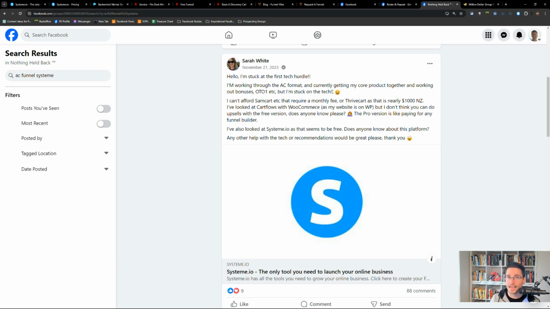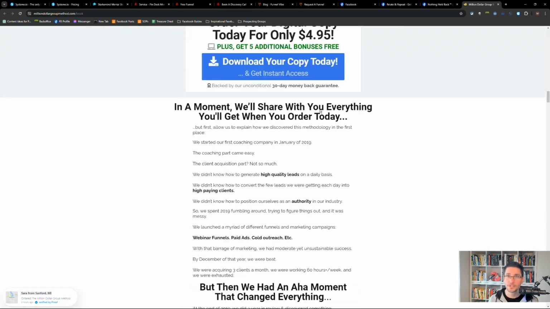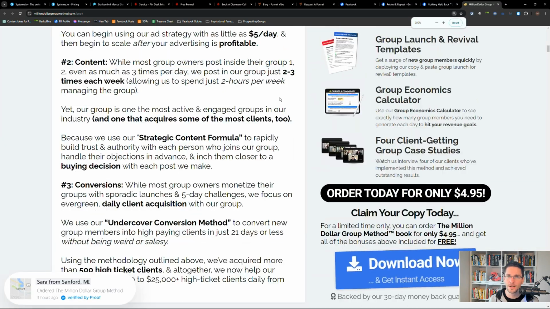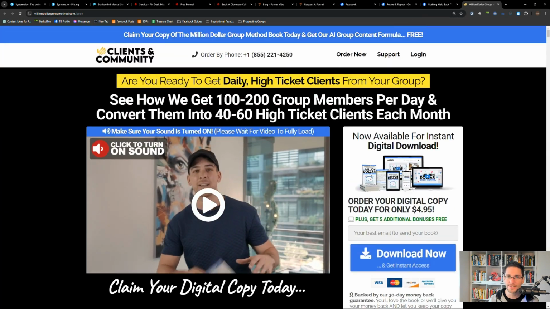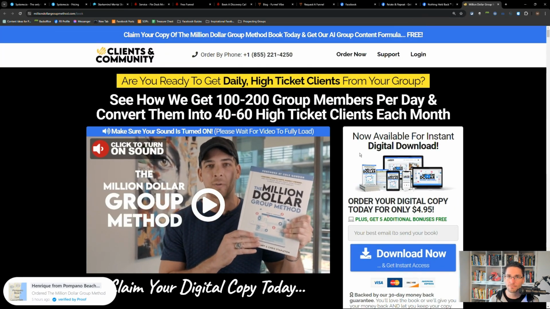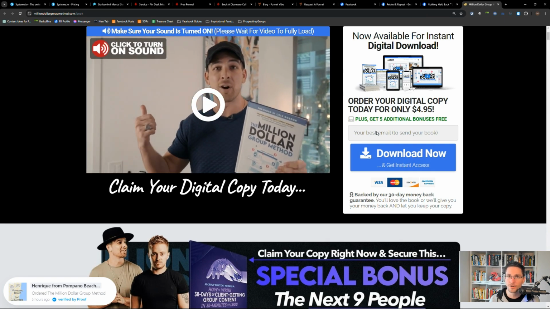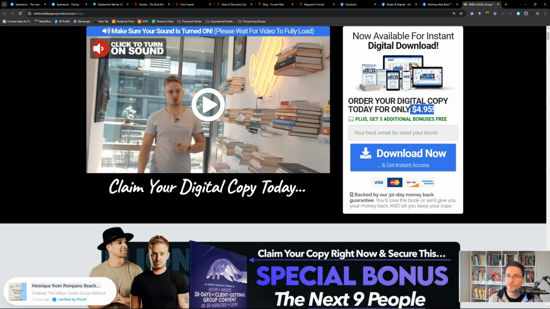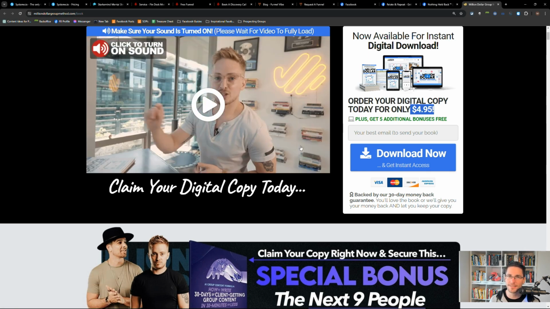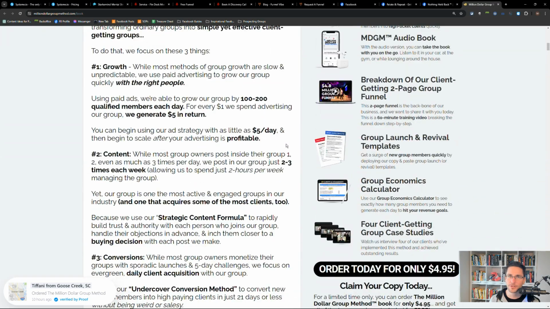And one thing where I see a need currently, and this is just off the top of my head, is become the number one designer for System.io for a very specific type of funnel. And one specific type of funnel where I do not know a lot of designers have specialized on is this type of funnel, which is called an automatic client funnel. This is one example where you sell a low ticket product, a low ticket course, a product, a book or something for a price anywhere from $5 to $27, something like this. And the design of these pages typically looks like this.